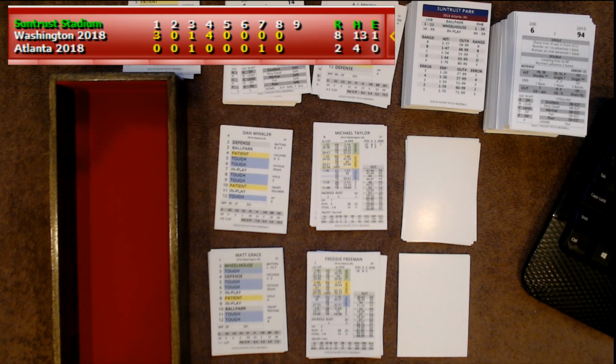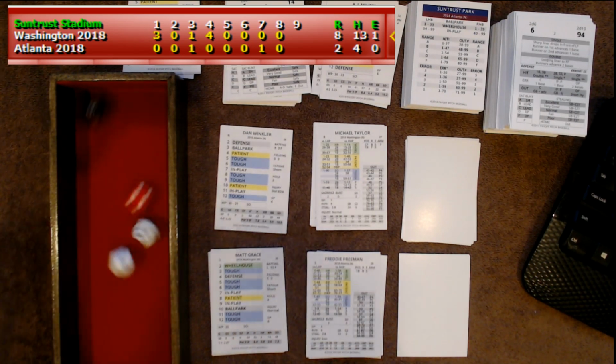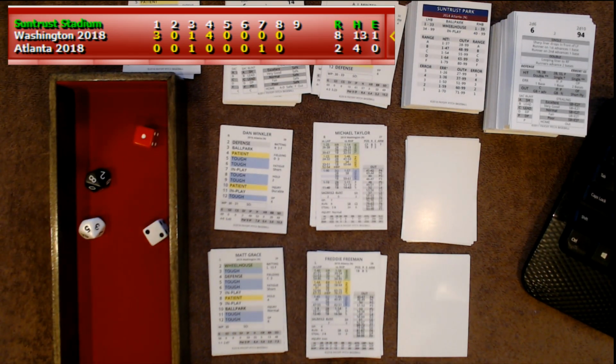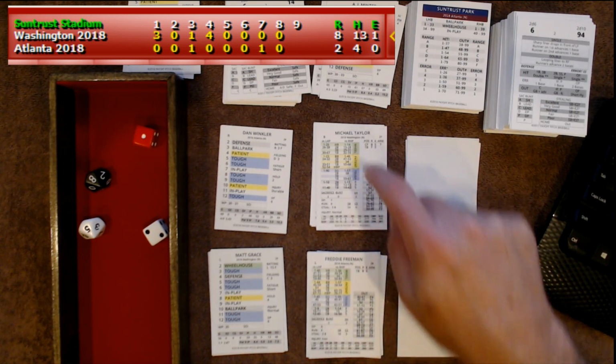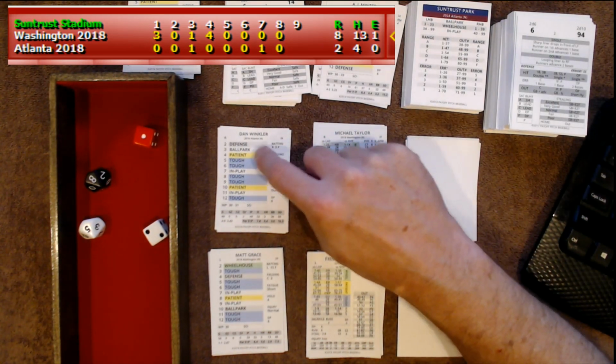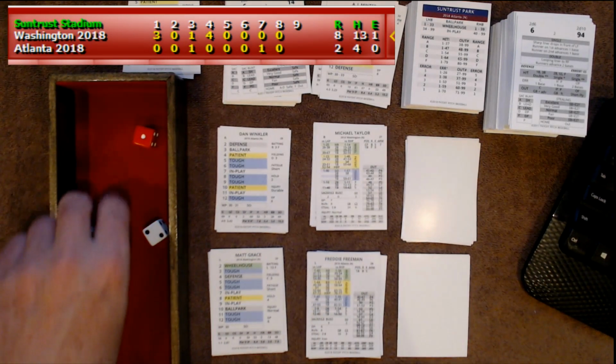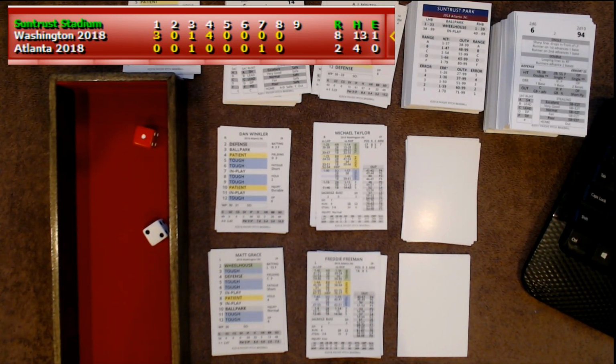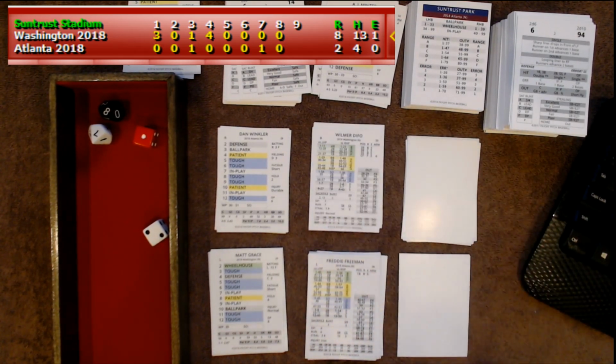All right, so Michael Taylor, 3 for 4, 2 singles, a double, and a 3. Tough, though. Nope, we're up here. 3 is a ballpark. 85 is going to be an in-play check. So 1 to 43 will be a hit. It's an 87. That's a grounder to short. Culverson's going to pick that up. He's going to throw it to Freddie Freeman, and that's the out.